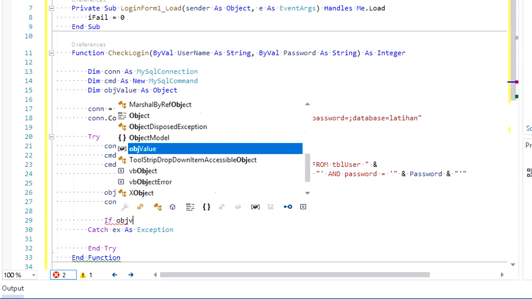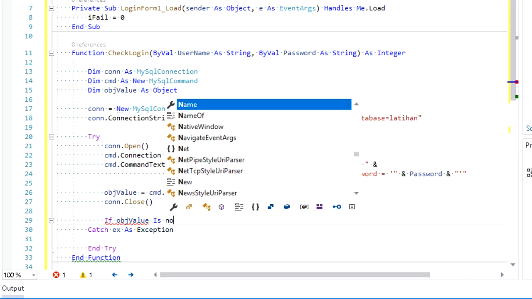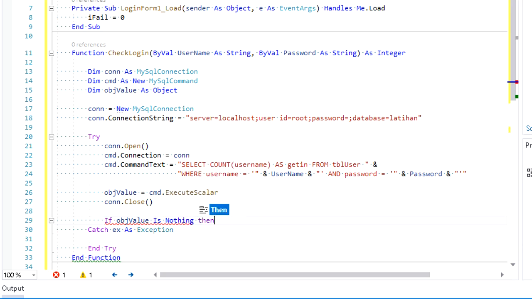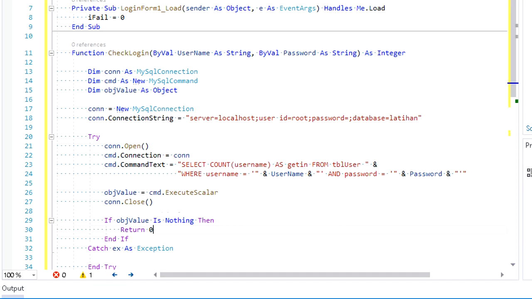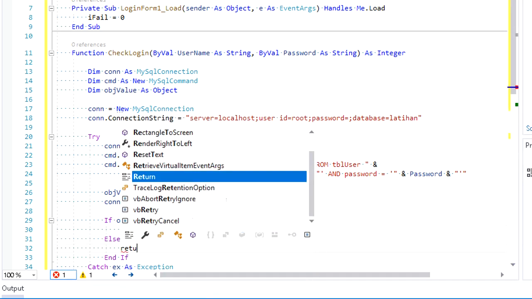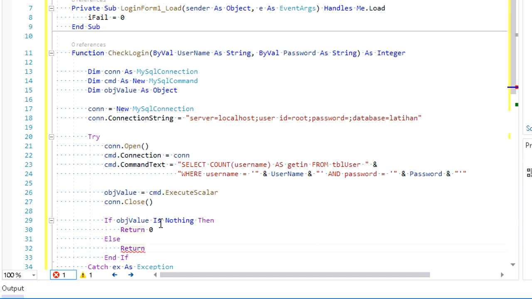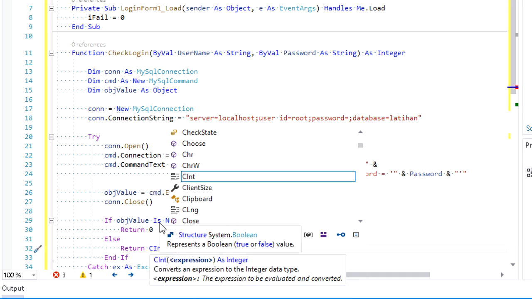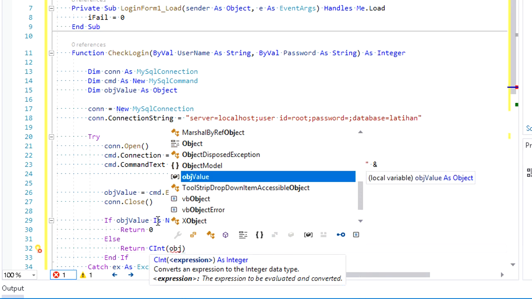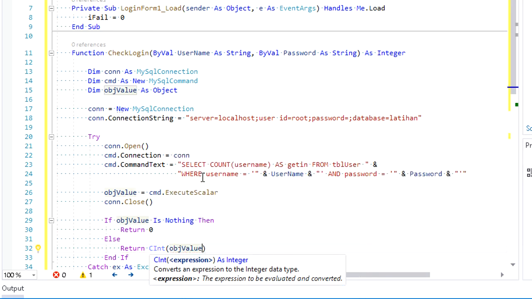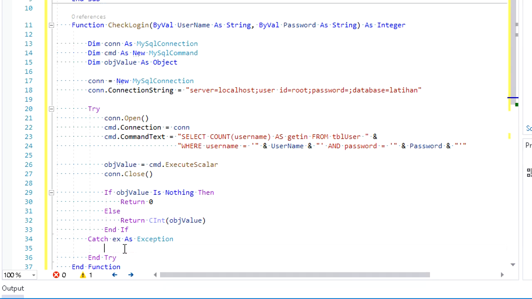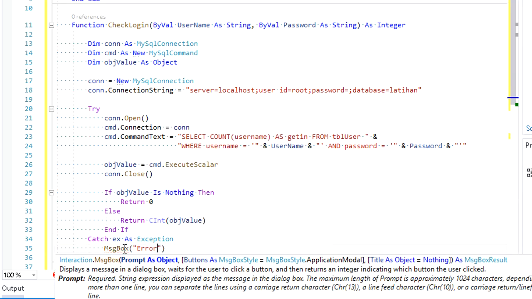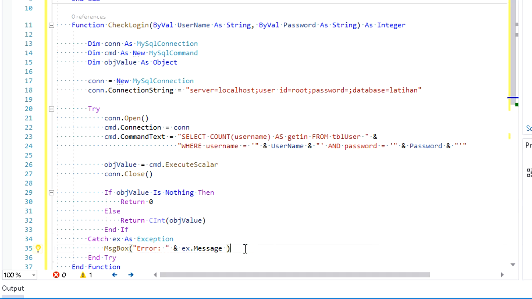Below, we'll make an if clause with a condition. If objValue returns nothing, then the function will return 0, or else we'll return objValue converted into the integer data type. Then under this catch exception, add a message to be displayed if an error occurs.